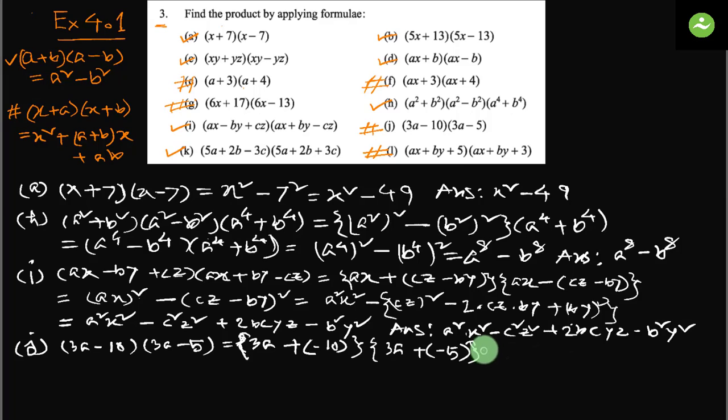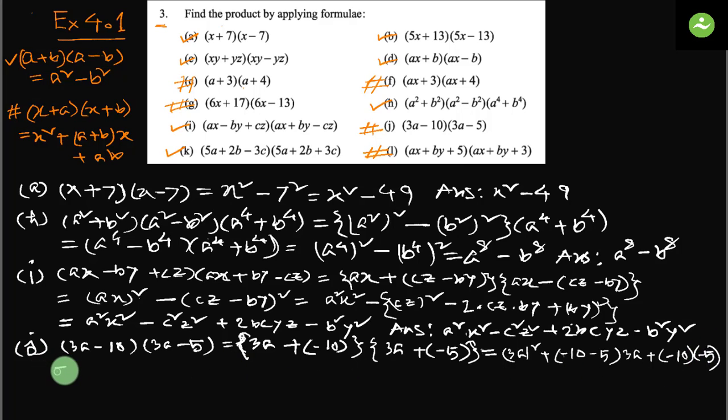This is second bracket, equals to x square means 3a whole square plus a plus b, minus 10 minus 5, a plus b into x, x means 3a, then plus ab, a means minus 10 actually, and b is minus 5, so it should be minus 10 into minus 5